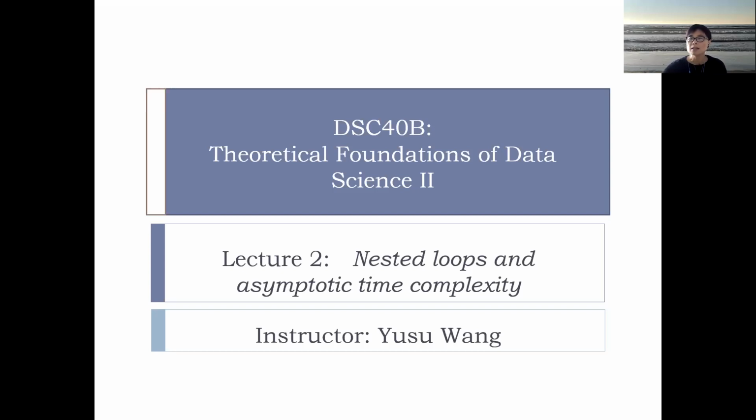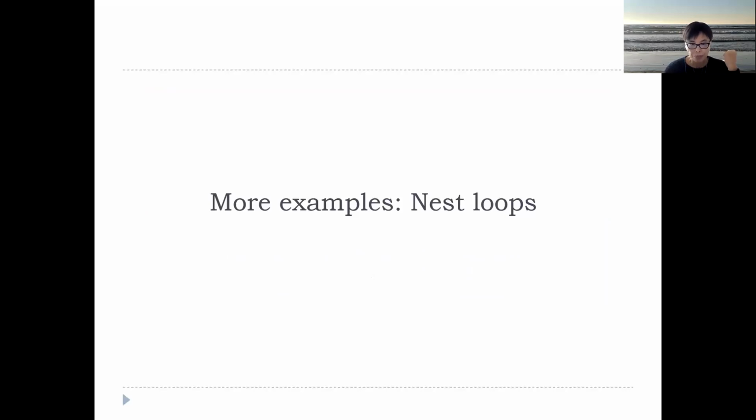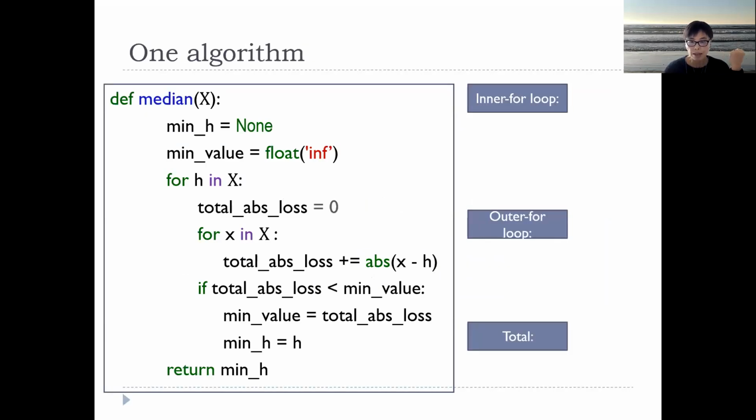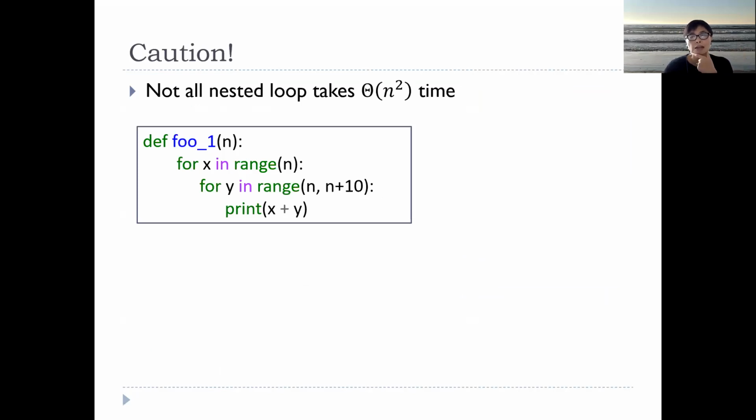So last time we had an introduction of what this course is about, and we started to talk about analyzing time complexity of an algorithm. We ended with looking at some examples of nested loops. One thing we said is that when you are given a nested loop, for example, for loops in this case, to analyze it, you always go inside out, because if you want to know how much time it takes for the outer loop,